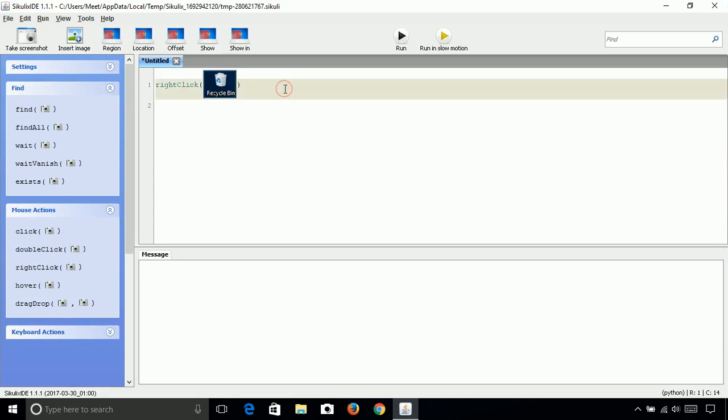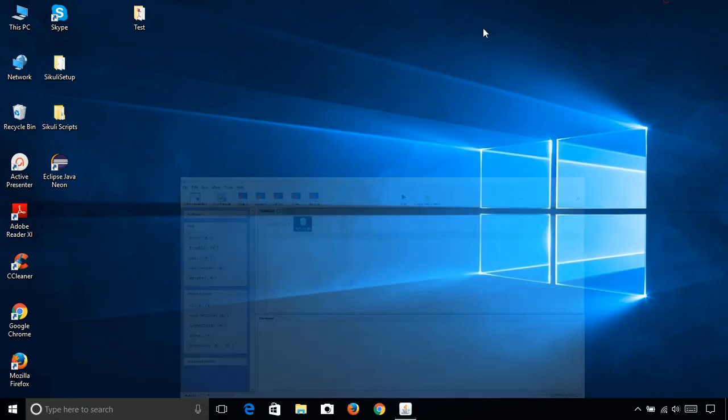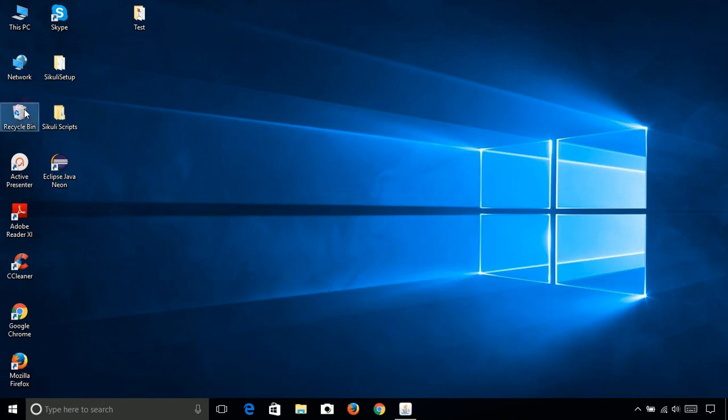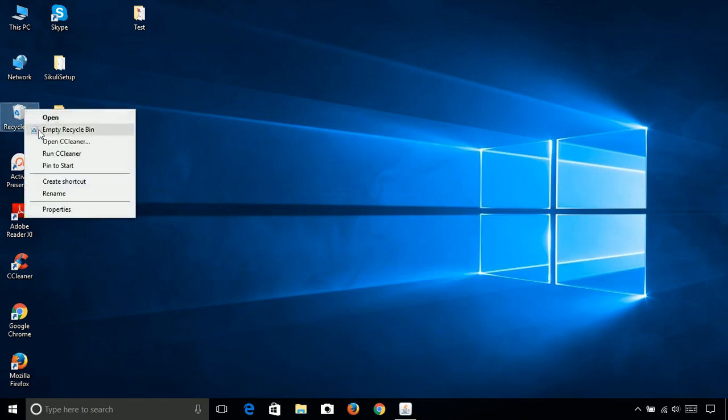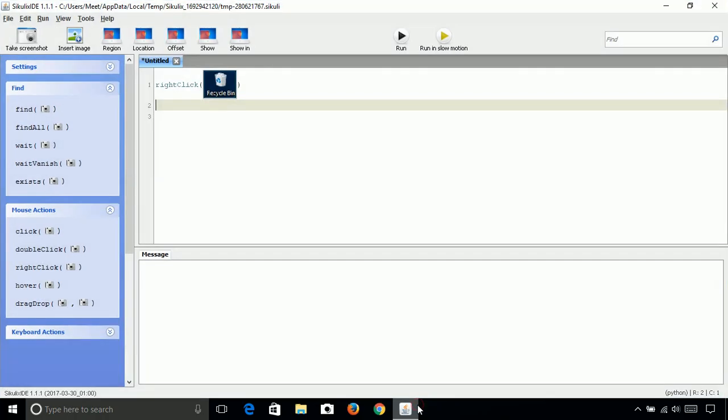So it will right click on the recycle bin, and then after that we want to click on this empty recycle bin. So let's click on the empty recycle bin icon.